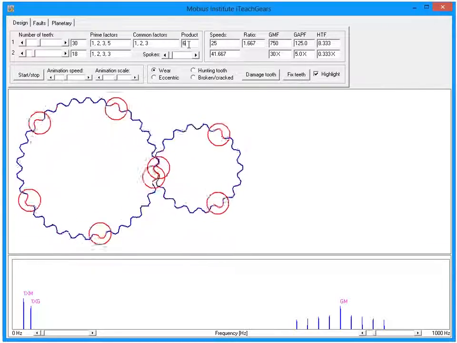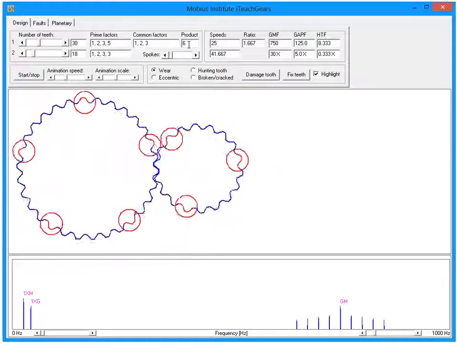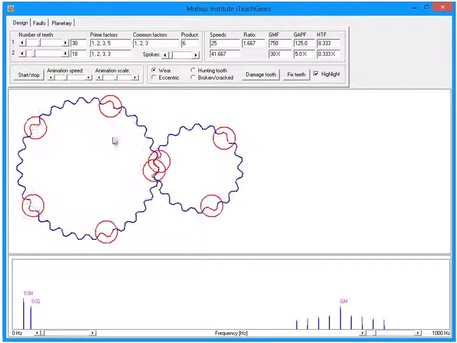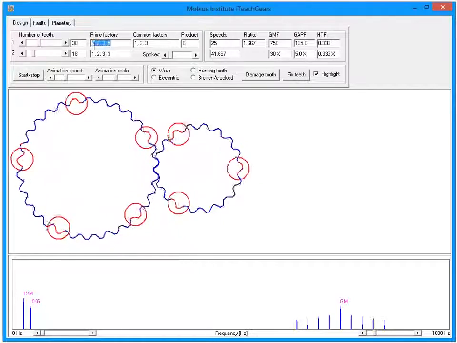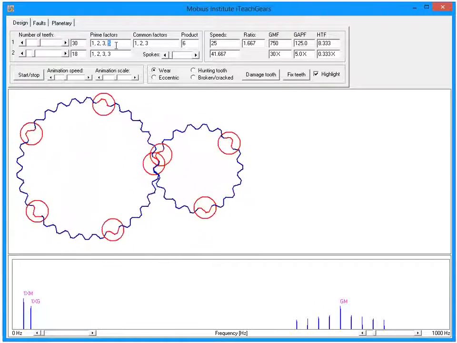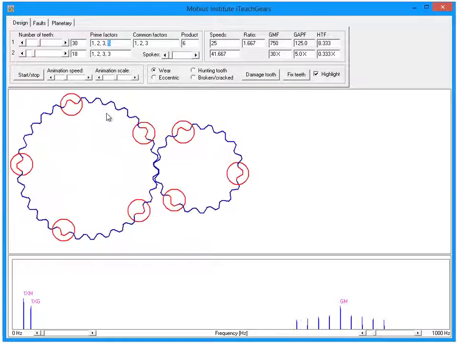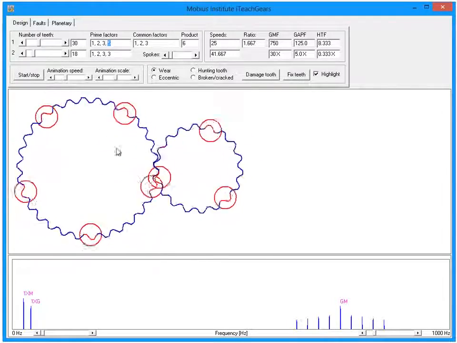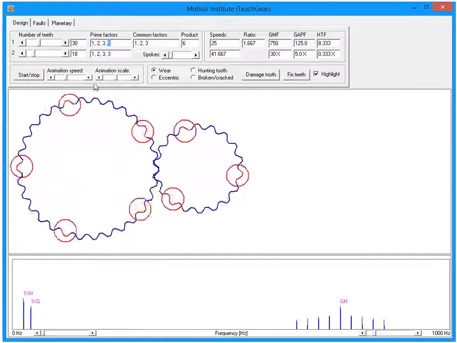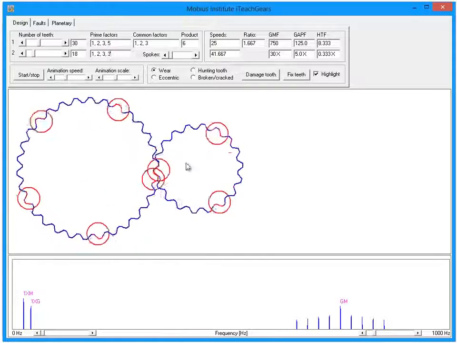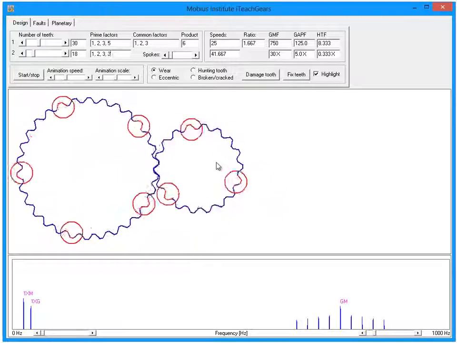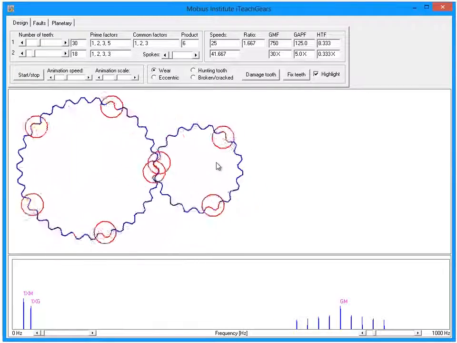I'm rushing through this part, otherwise this webinar would go for hours. But the key thing is that if you go through this calculation of the prime factors, notice that the largest prime factor here is 5: 1, 2, 3, 4, 5. There are 5 teeth on this gear that are going to take the wear in this instance. In this one, the highest prime factor is 3: we've got 1, 2, 3. So you can imagine that 3 times the speed of this gear is potentially going to create a source of